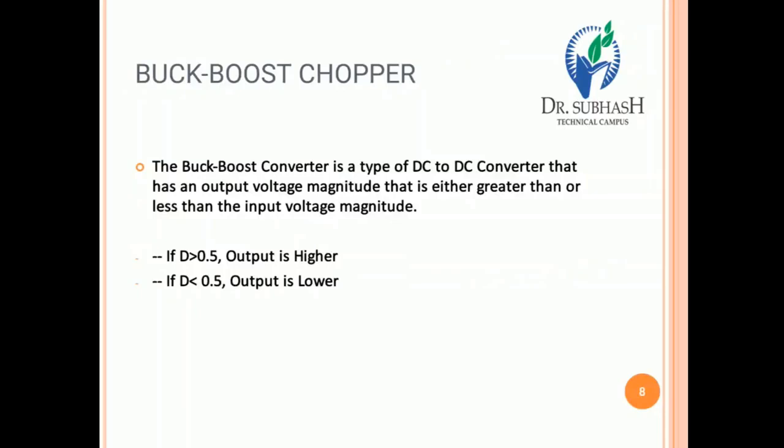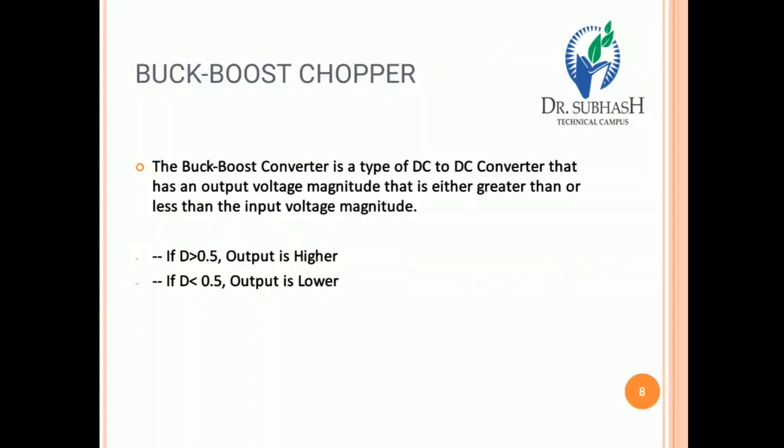So in case of the buck converter, otherwise the step down chopper, the output voltage is smaller than the input voltage, so that type of chopper circuit is known as a step down chopper. If the output voltage is greater than the input voltage, it is known as a boost chopper circuit. Now it is a combination of both buck as well as boost, otherwise step up